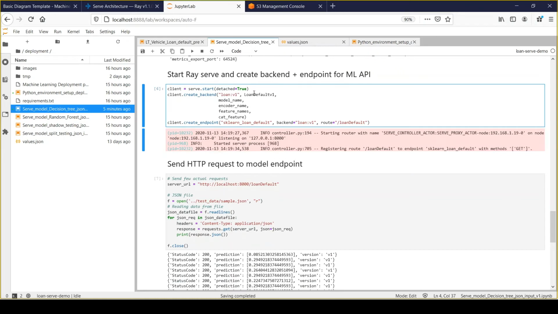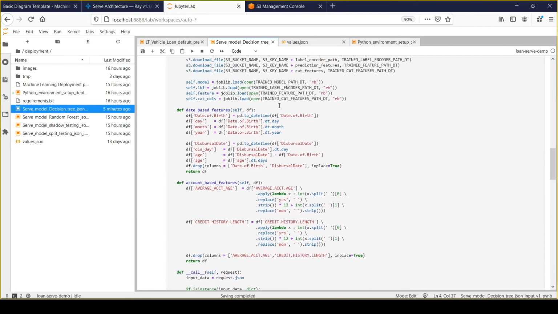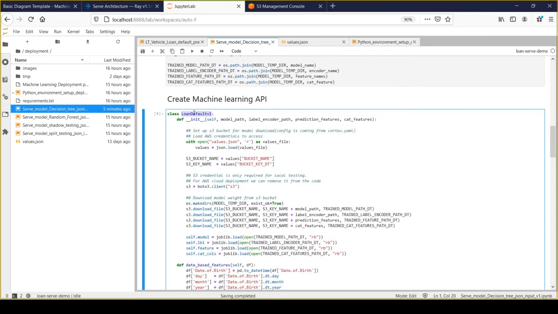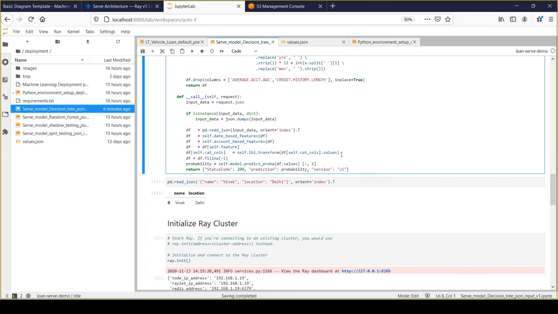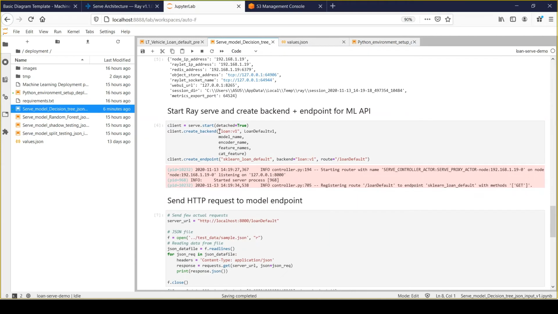That's the purpose of adding this statement. After creating the serve instance, we need to create a backend. The backend in this case is my loan default API, which will run my decision tree model. That's exactly what we are doing here.